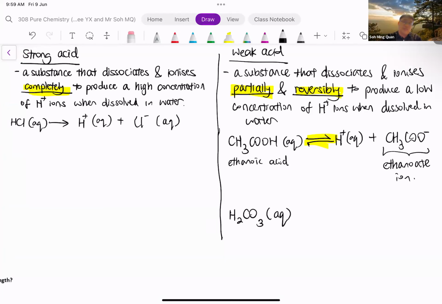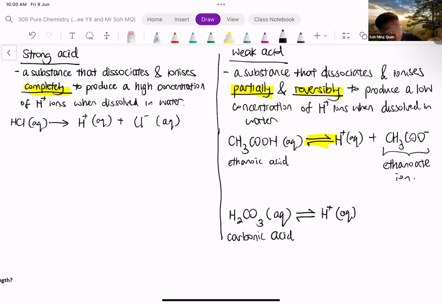Okay, so this is H2CO3. This is called carbonic acid. Now, carbonic acid is what you form when CO2 is dissolved in water. CO2 is an acidic oxide. So it will dissolve in water to form acids like carbonic acid. Okay, now carbonic acid